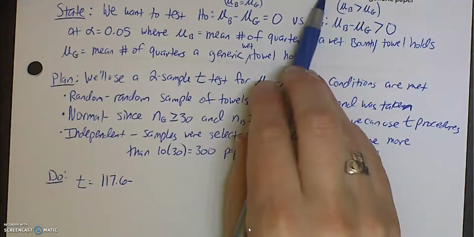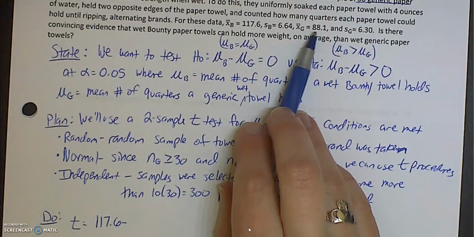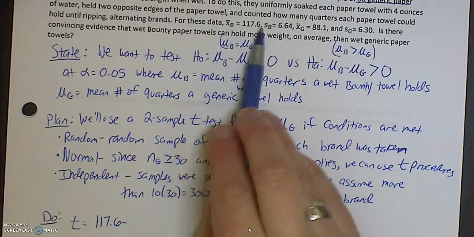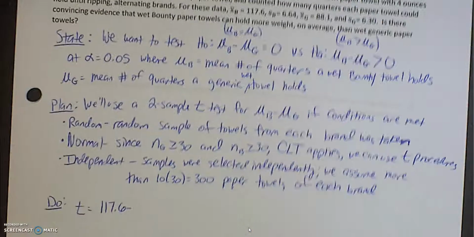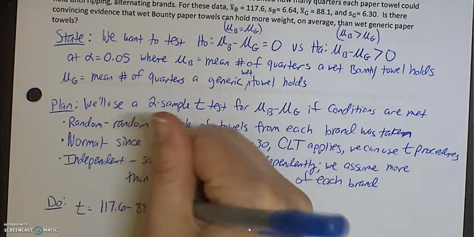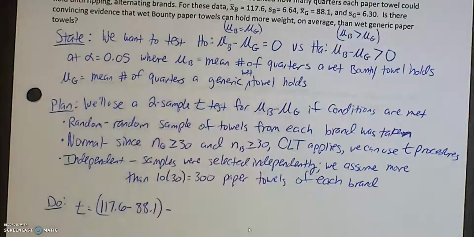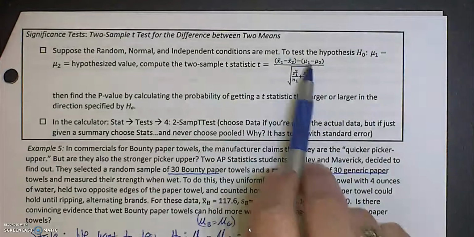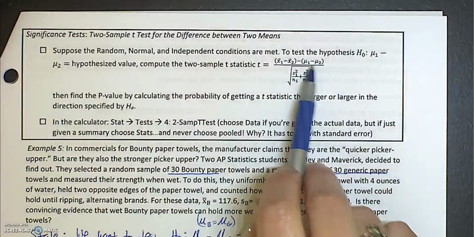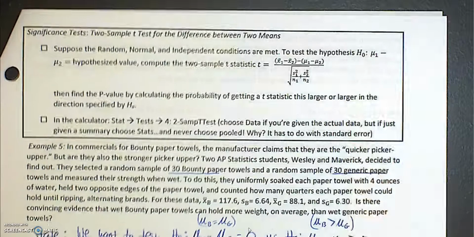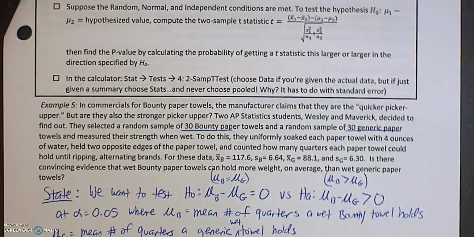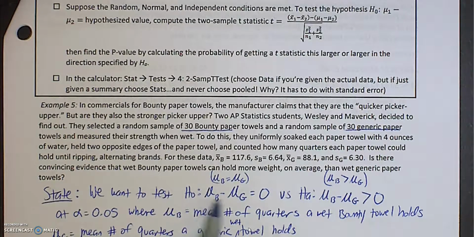Our sample mean for Bounty was 117.6. Our sample mean for generic was 88.1. Minus, and then in our formula, it's the difference of our parameters, which comes from our claim, and so the difference between them is 0. So minus 0